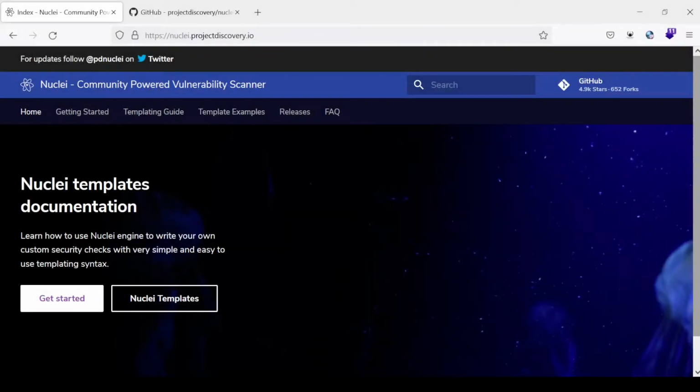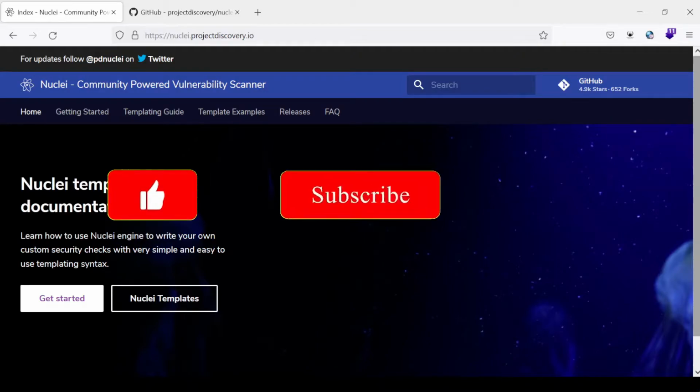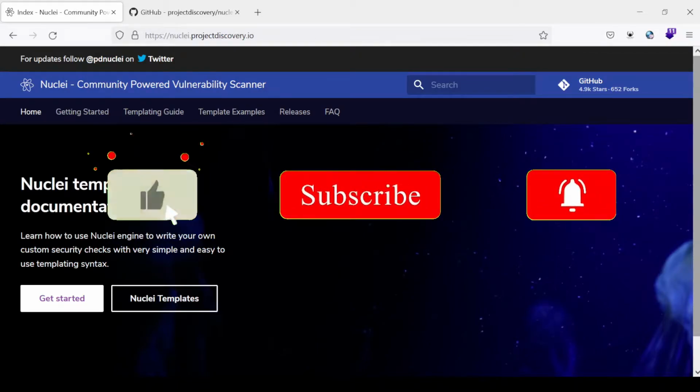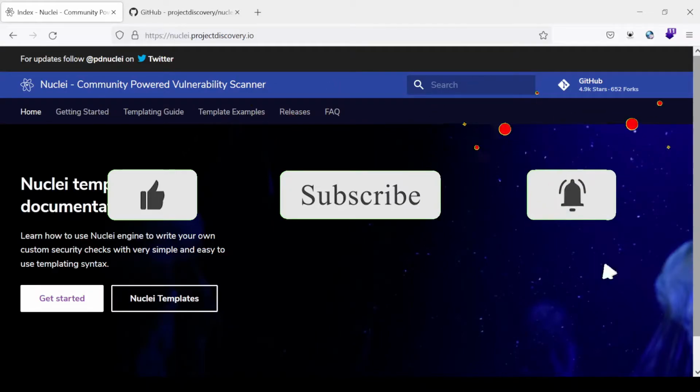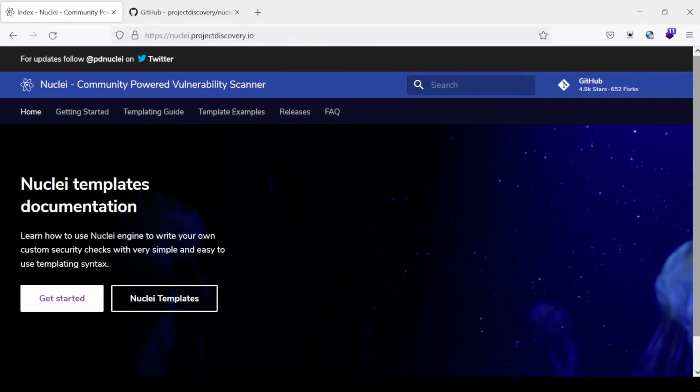Alright, the Nuclei tool is basically created by the guys at Project Discovery. A big shout out to them for this wonderful tool. It has multiple uses, or you can say multiple use cases. It is composed of various components. One of those components is the core engine, that is the Nuclei engine that runs the tests for us. These tests are nothing but simple templates that we create to check and verify for some vulnerabilities that we are looking for on an endpoint.